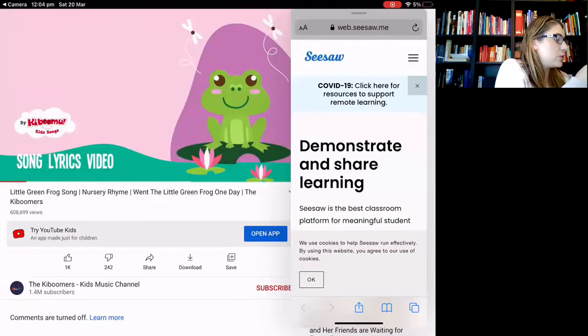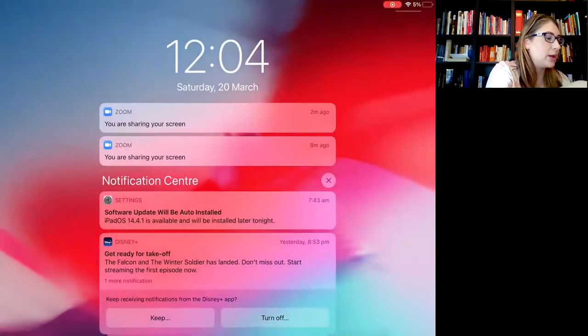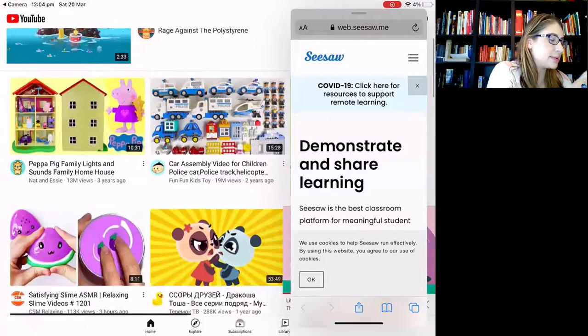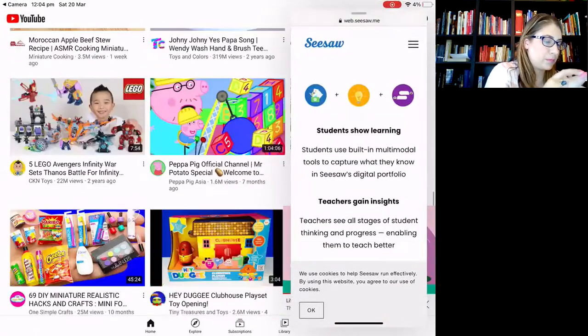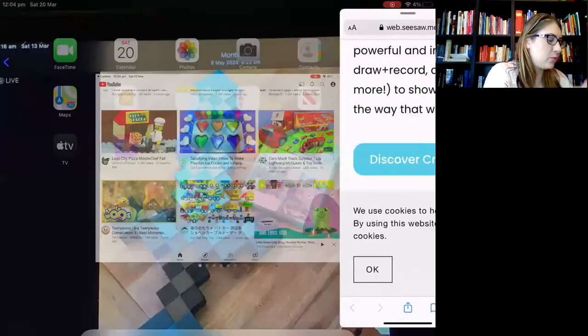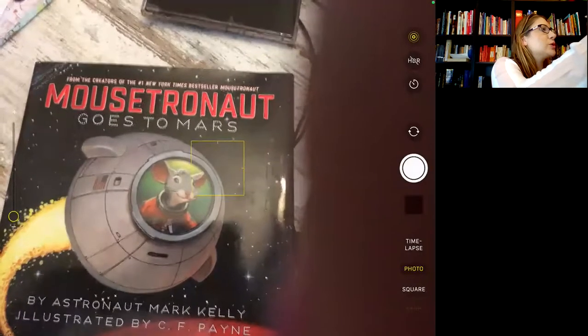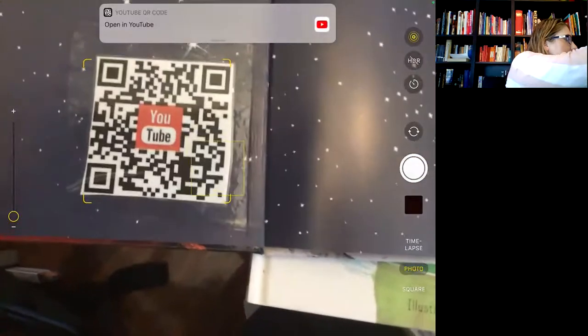Another great example is connecting to Storytime from Space. So I'm just going to go back into my camera so you can have a look at Storytime from Space. So back in my camera, I've got this text here, Mousetronaut Goes to Mars. Now I can connect this to the Storytime from Space program using the link, again, the QR code,